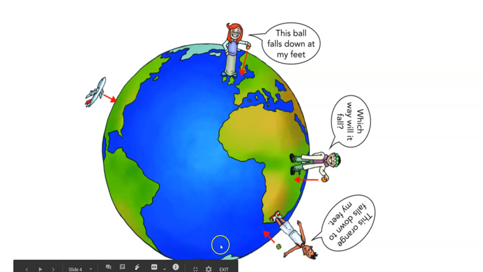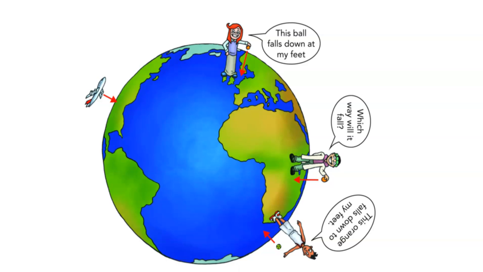And then this kind of pictorial, right? You see that airplane flying, and the ground is pulled to the center of the Earth, right? You hold up a ball, drop it to your feet. The ball is being pulled towards the center of the Earth. And then as we go around, and we see the people standing, what continent is that? That's South America, or no, that is Africa. And you can see that the ball would be pulled down towards the center of Earth.